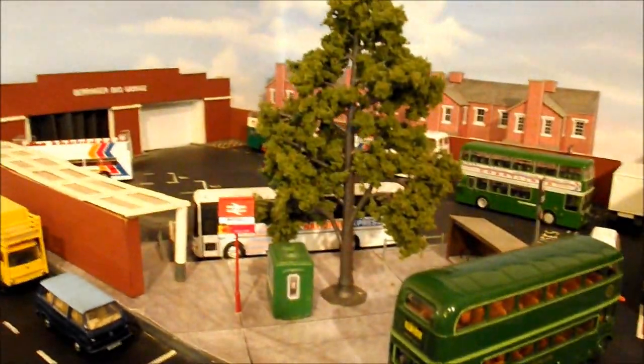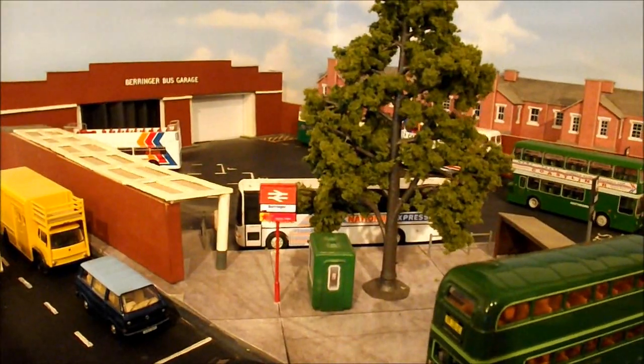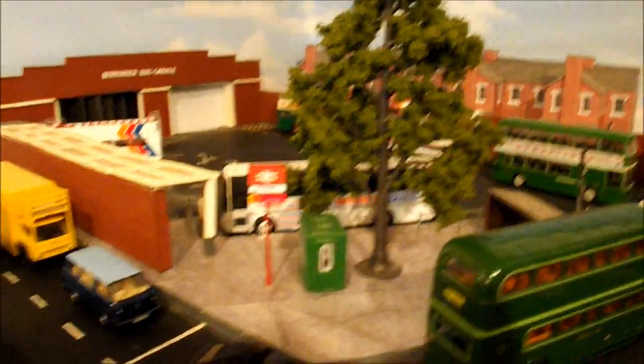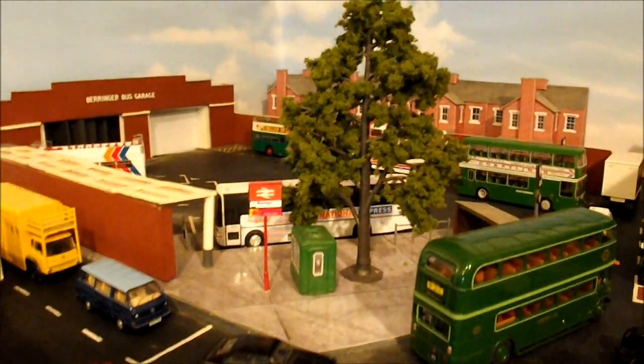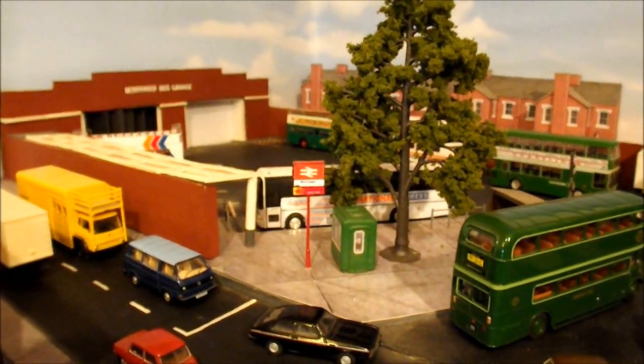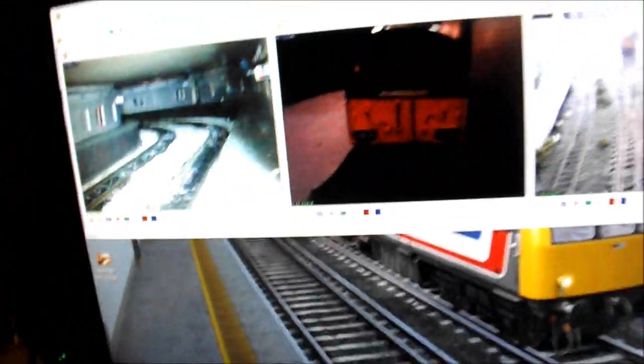Directly underneath the bus station that you've seen in front of you is Beringer platform 4 and 5, which is where I will show you right now. Forgive me if you can hear some building work going on outside, that's just to do with the next door neighbours. So we're going to go down, and here is my computer screen,